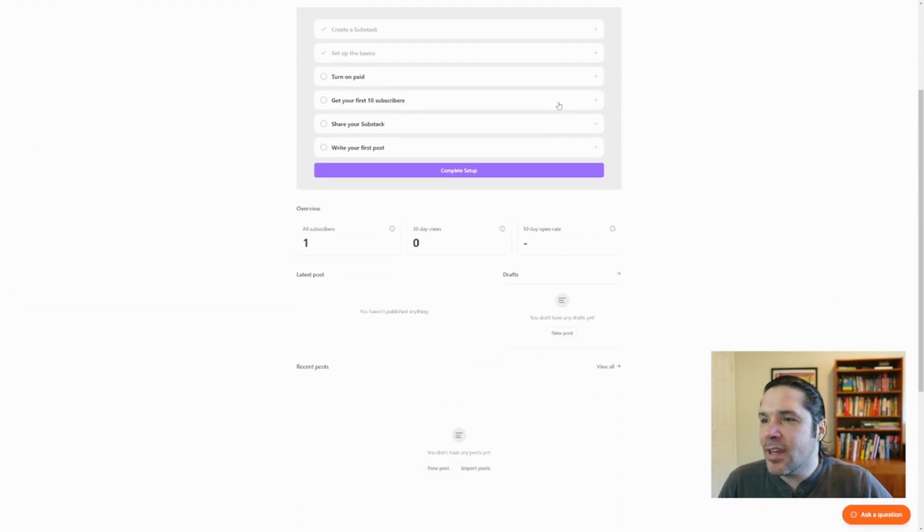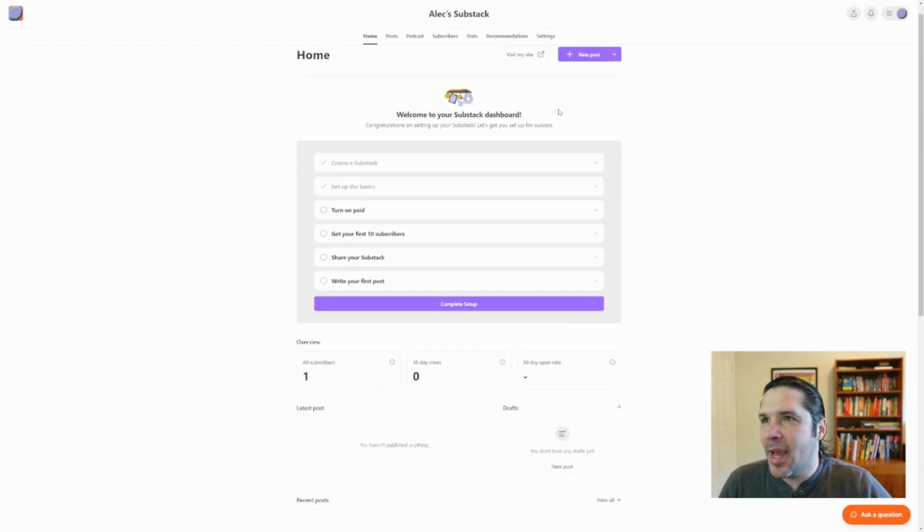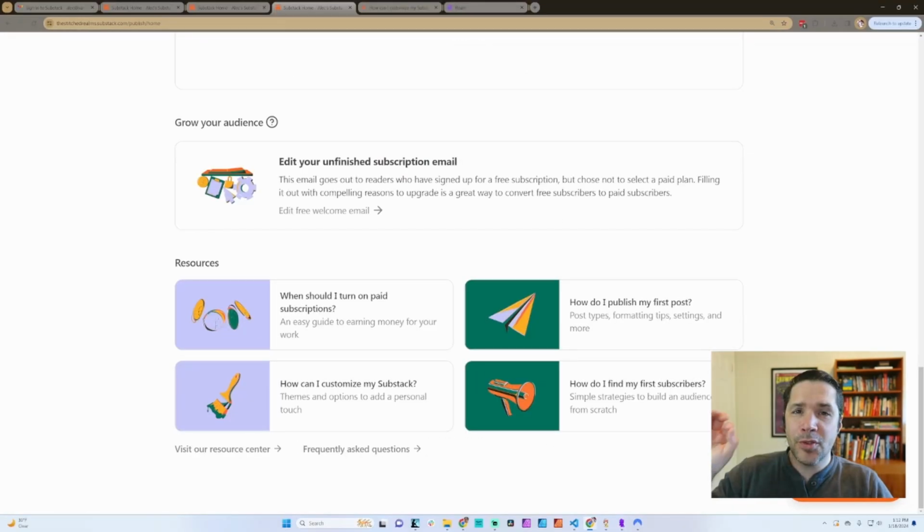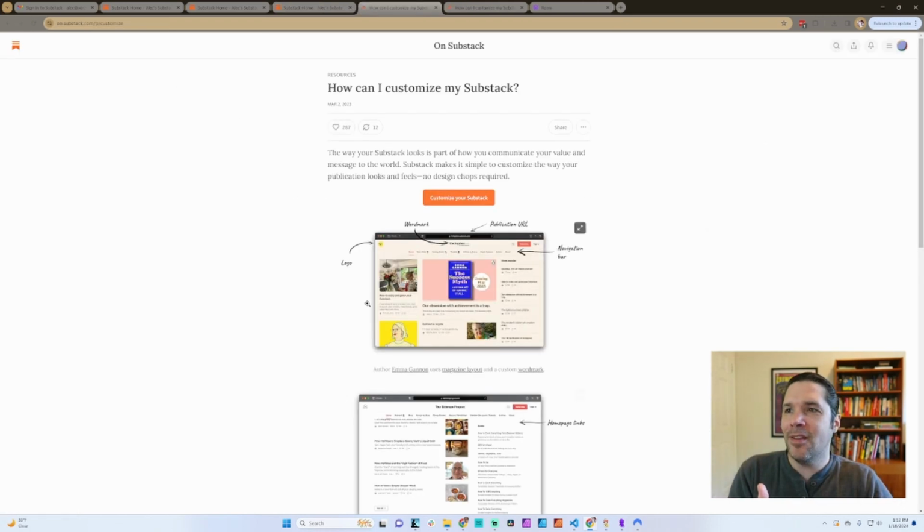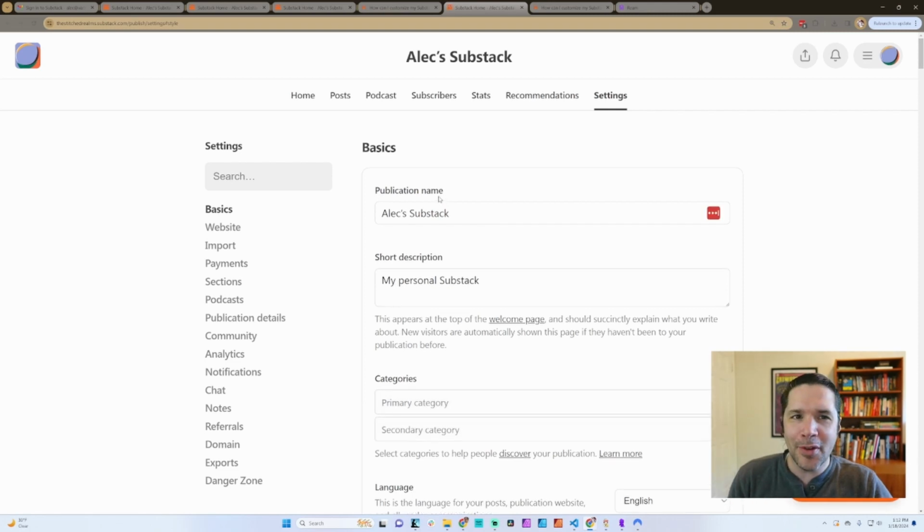What I was looking for was more customization of my page. So I scrolled all the way down to the resources section where there's how can I customize my Substack. Not that there were a lot of customization options, but in Patreon, what customization options there were were pretty immediately apparent, whereas this is a lot more difficult, right? And then I click on it and it actually opens up a new tab, and then I click a button which opens up a third tab. So this is a little bit more confusing.